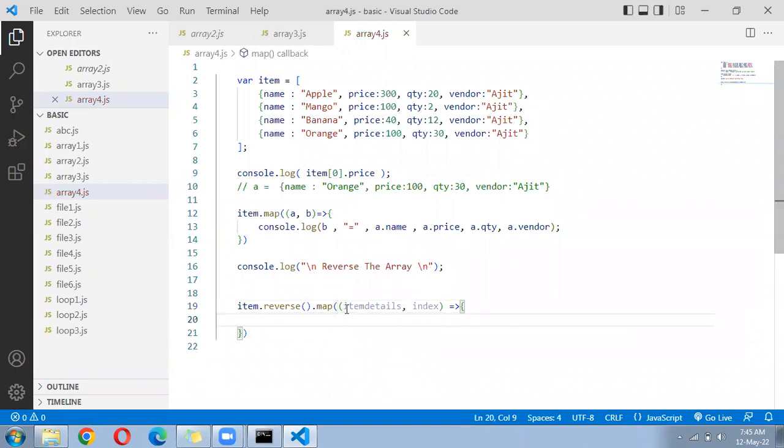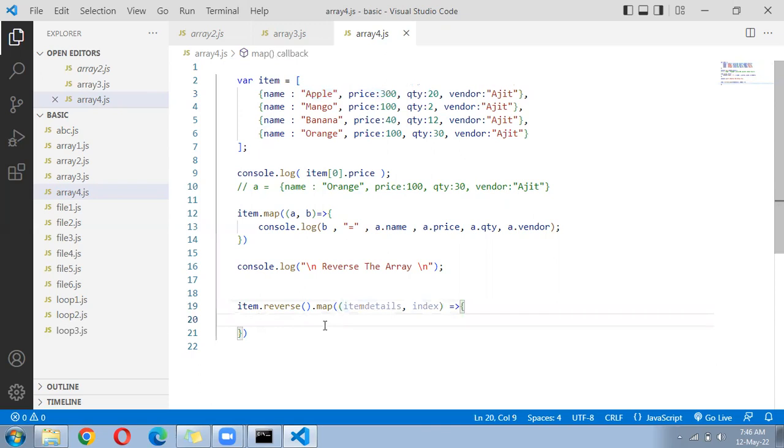It will hold the details of the individual item at a time as the map starts looping. From the array, individual product details in the form of an object, it will assign to item details, and then